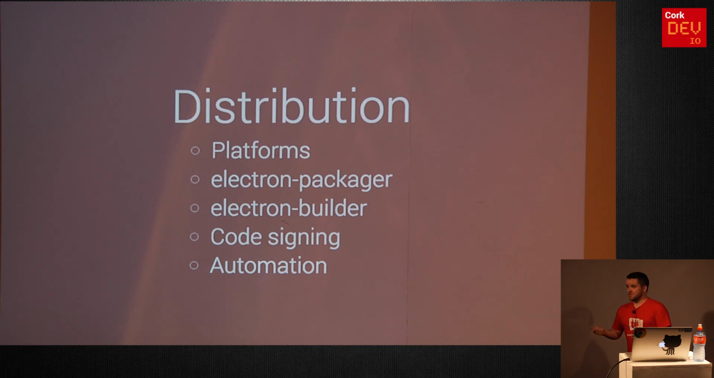Electron supports ARM, so you can build for Chromebook and Raspberry Pi, and on the other hand, NW.js supports building for Chrome packaged apps. So if you were to build with Electron,